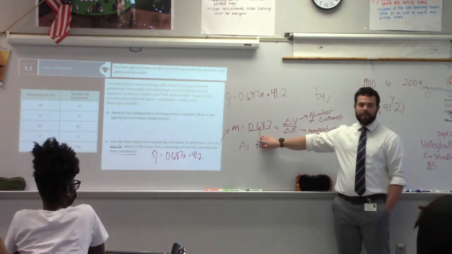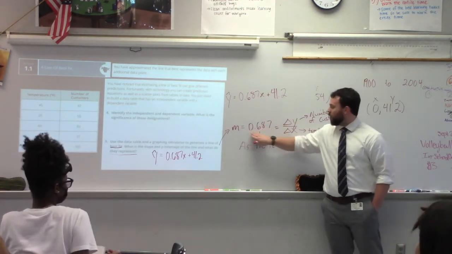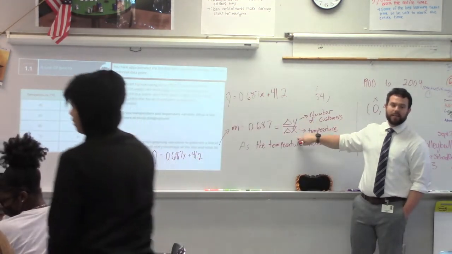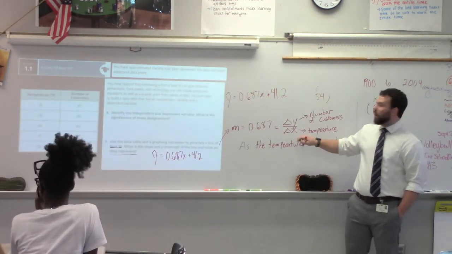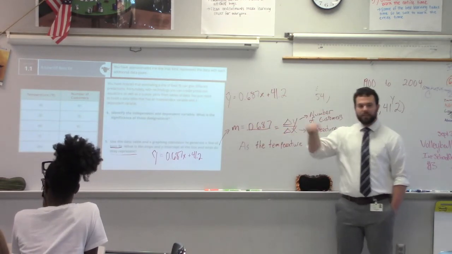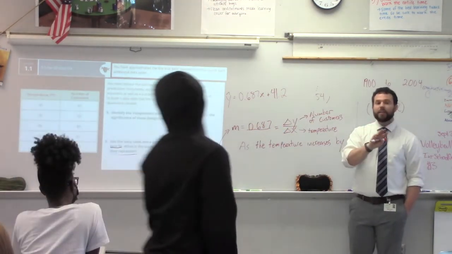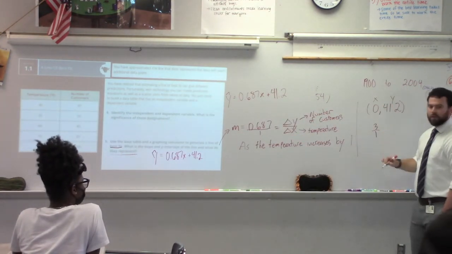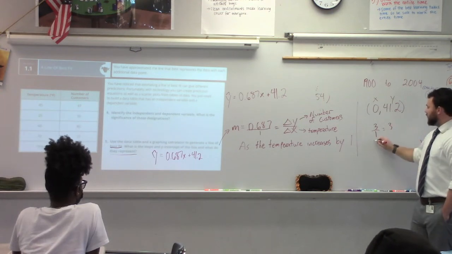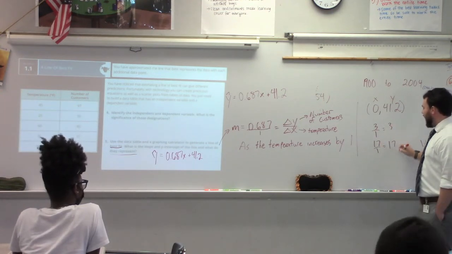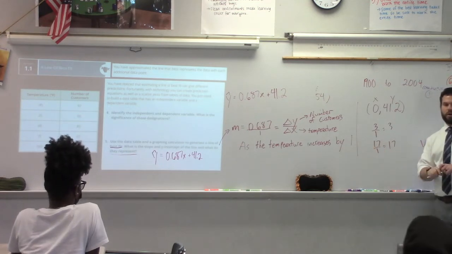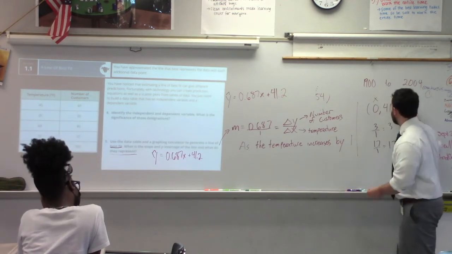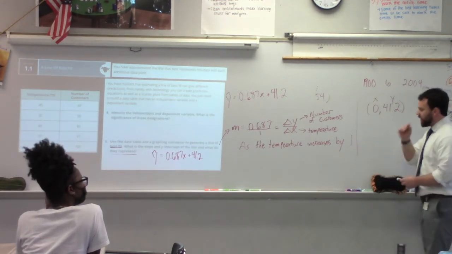This 1 was not originally there, was it? But remember, I want the change in y divided by the change in x. So I need a y and I need an x. And you were asking that, right? But what can everything be understood to be divided by? 1. Everything is always understood to be divided by 1, right? So if you think about it this way, what is 3 divided by 1? 3. What is 17 divided by 1? So everything could be understood to be divided by 1. So we put it there so that we have a change in y and a change in x. Yes, Maddie? Okay, so as the temperature increases by 1,